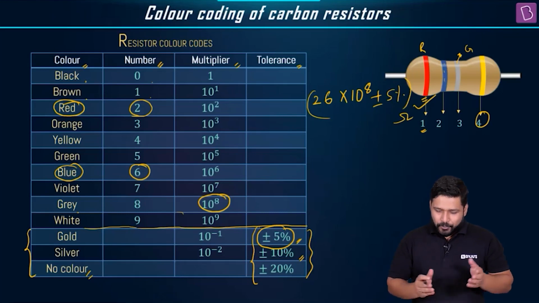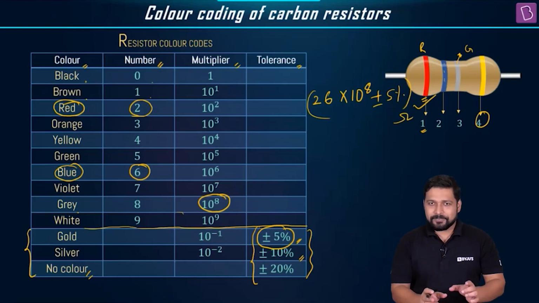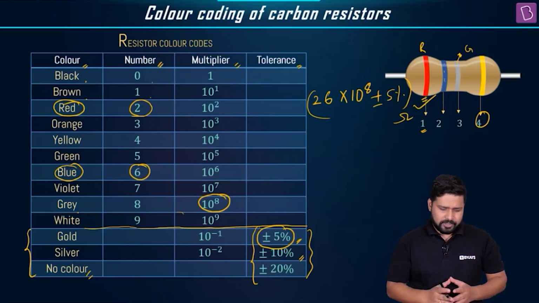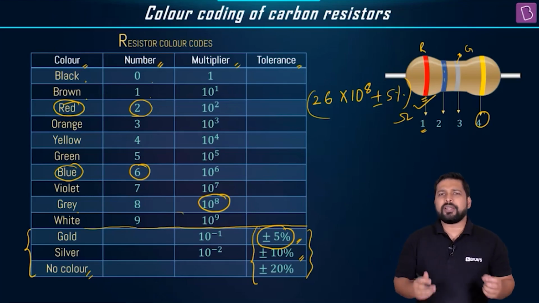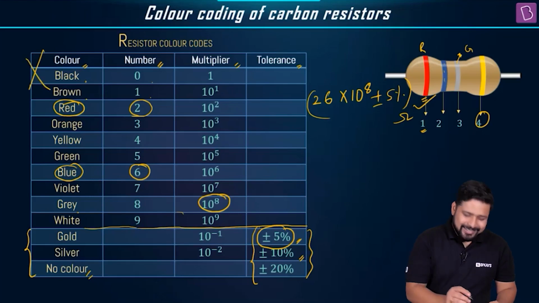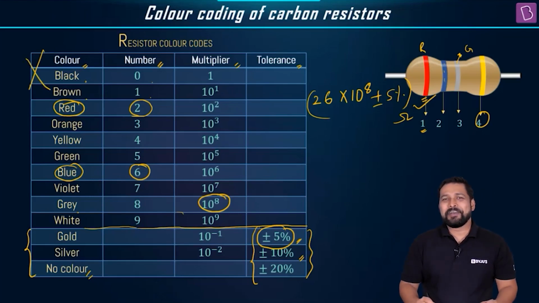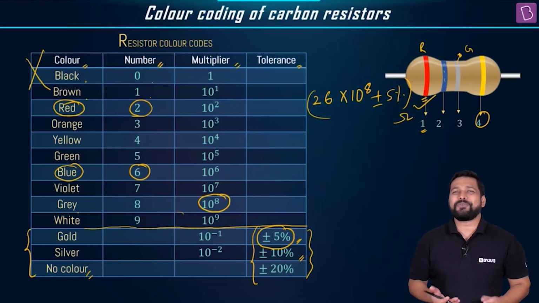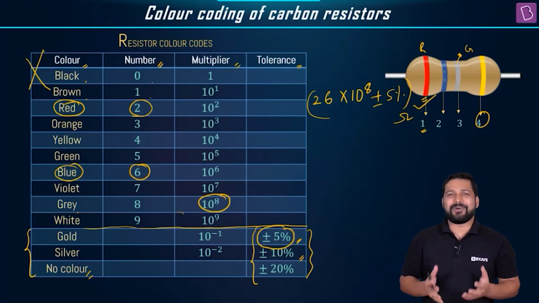So all you have to do is check the color, look at this table, check for the codes, and then correspondingly just write down the values. Okay, all right, easy? Not so easy, sir. Why? The reason is you will not be given this. This table will not be there, which means you need to devise a method to learn this. You have to learn a trick so that you can reproduce this table if at all it is asked.